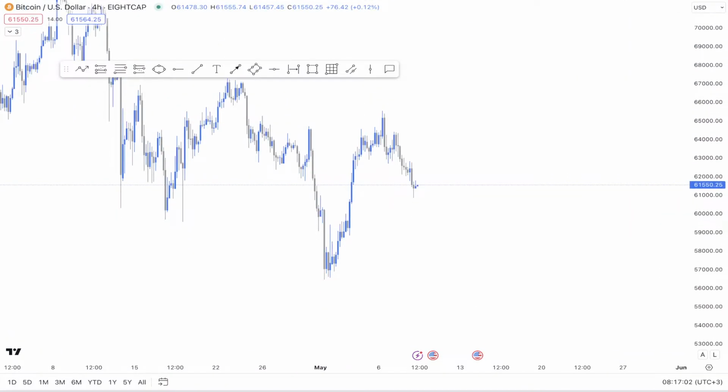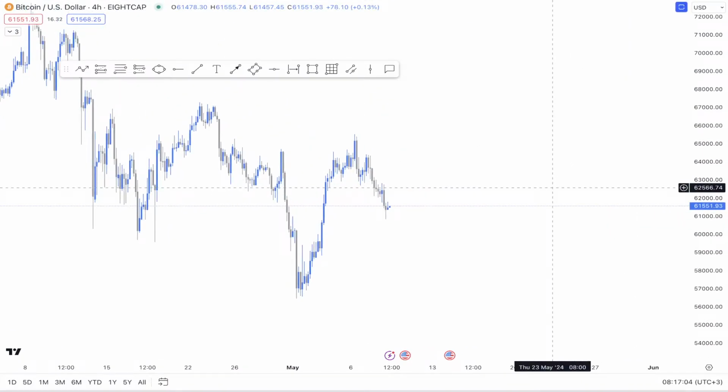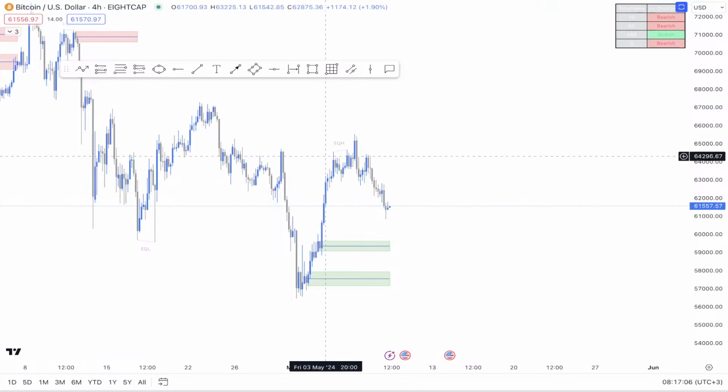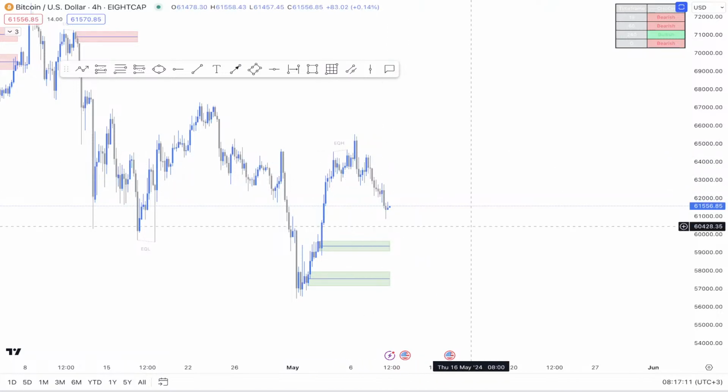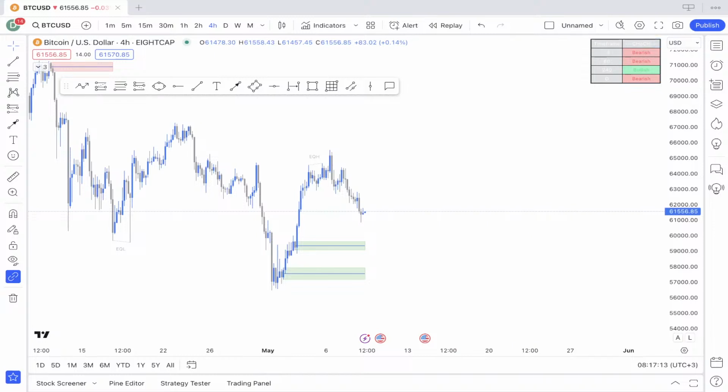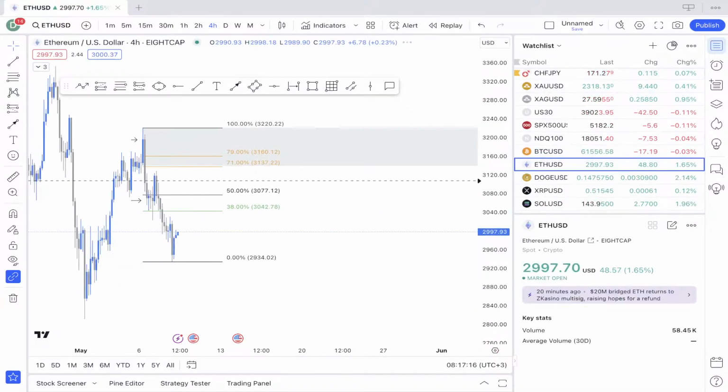And lastly, I will go over today's crypto analysis, starting off with Bitcoin, where we won't really waste any time because there's no new setup on it. Okay, I'm going to just leave the chart as is and move on to Ethereum, where we have a bearish